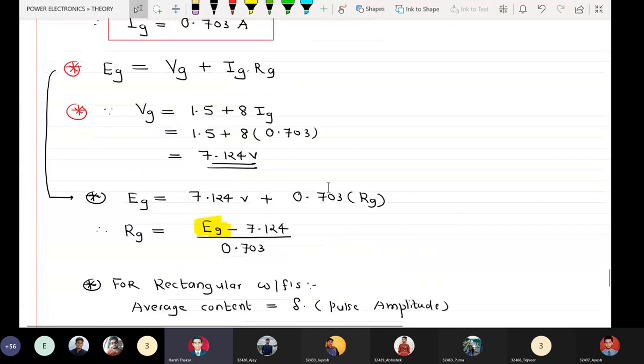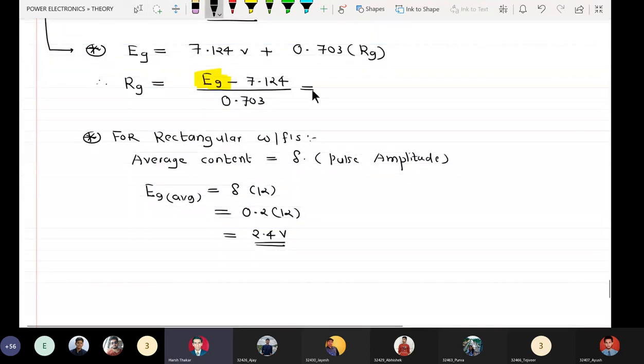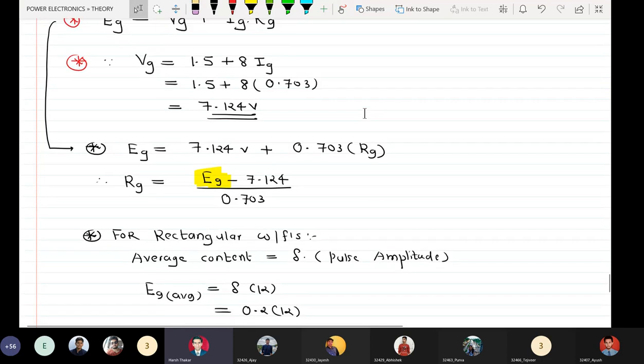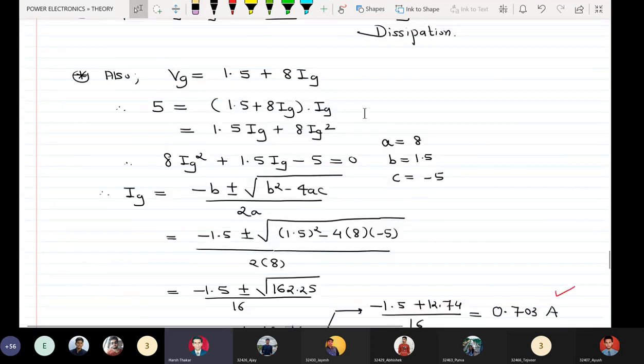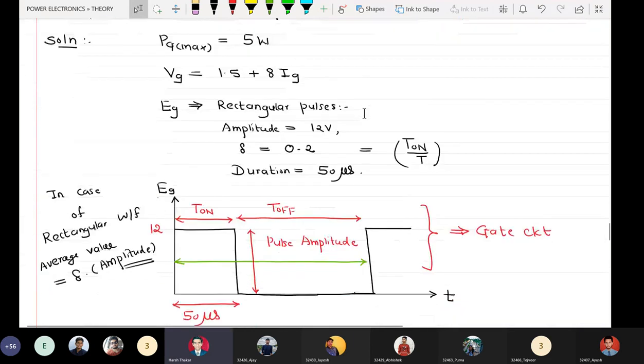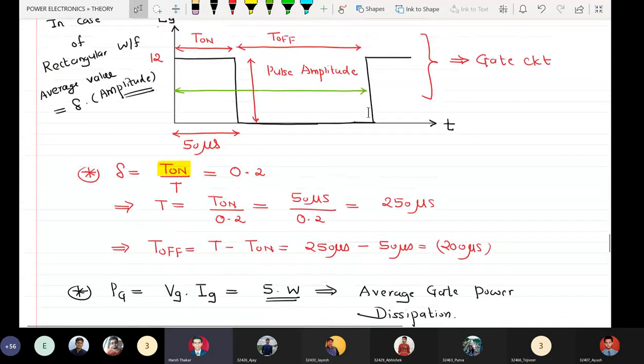Okay, but see, calculating the average content is not going to help. You know why? Because if I write down EG AVG here, then it is 2.4 minus 7.124 upon 0.703. This will not work because this will give value of RG as negative. That is why we cannot do these things here. Because if average power was given, then we have to make a different kind of calculation, but it is given peak. So peak gate power dissipation. When the amplitude is present as 12 volts, that is when it is peak. So we have to write down here